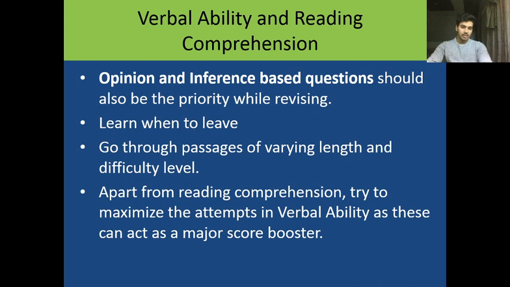For example, you have four options in any RC question, and you have boiled down to two options. Now you are confused which of these options is correct. So what you need to do is go back to the part of the RC where you think the answer to this question may lie. Just read that part and come back and try to answer this question. If you're still not able to do it,